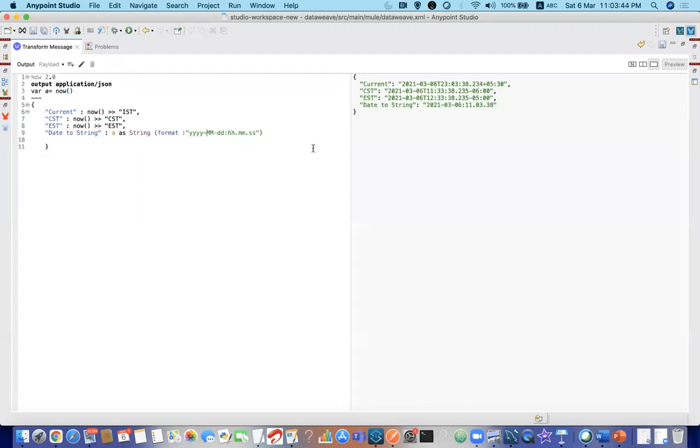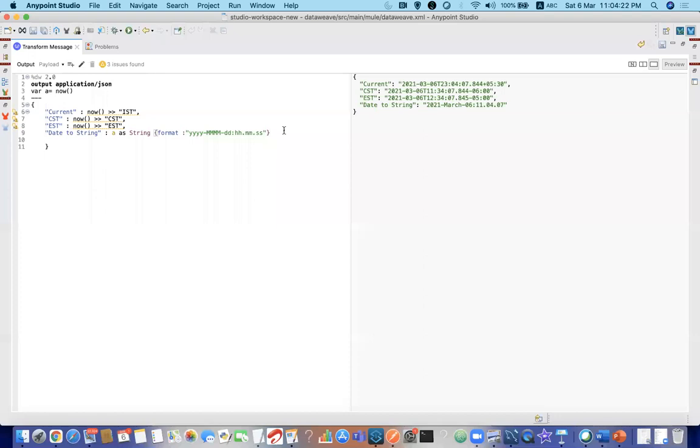Next, I want something to display like Jan, Feb, March, April, something like that. So what I can do is I can use MMM. When it is MMM, it will take the first 3 letters of each month, Jan, Feb, Mar. Clear? Next, if you want to print the whole month name, March, then you can write 4 M's, which will give the whole part. Clear everyone, this part? If you want to use full month or how to convert from date to string.